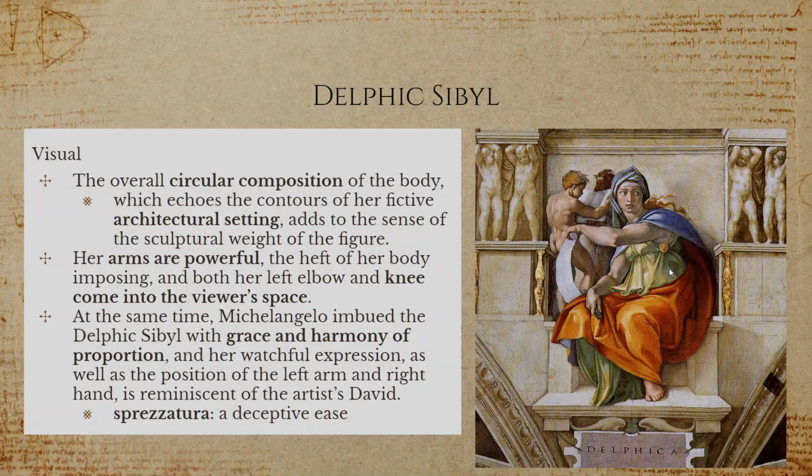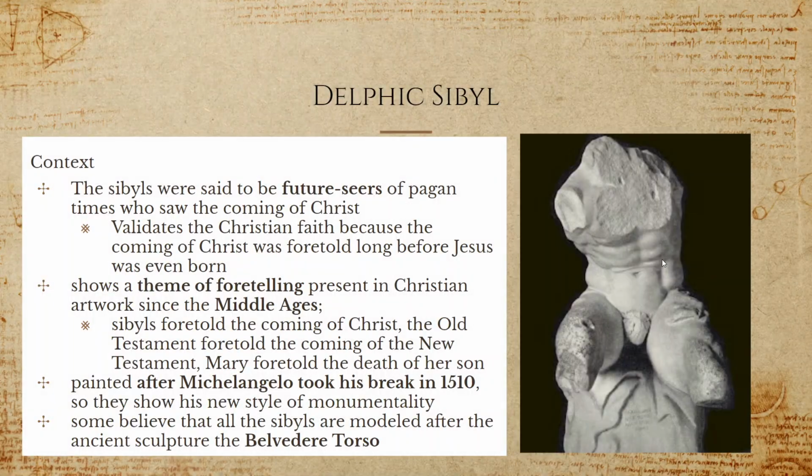Here is that. You can kind of go back and forth. One of his practices of the Sibyls. Because they were future seers in Greece and Rome, especially Delphi, like the Oracle of Delphi, for the Sibyls to be accepted within the Sistine Chapel and Christianity, there's this shift to say the Sibyls foresaw Christ. And that helps the Christians consolidate that Sibyls can be used. And they saw Jesus is coming. So even in the Old Testament, the Sibyls foresaw that Jesus is coming. So you have the Sibyls within the Sistine Chapel painting, kind of referencing the New Testament while portraying the narrative of the Old Testament. And then all these Sibyls were painted after, especially the Delphic Sibyl, which was painted after that break, so you see that more